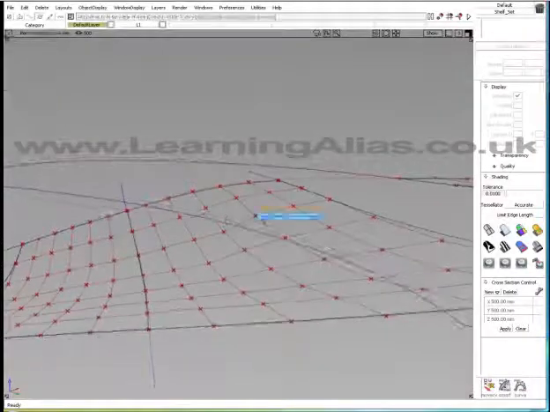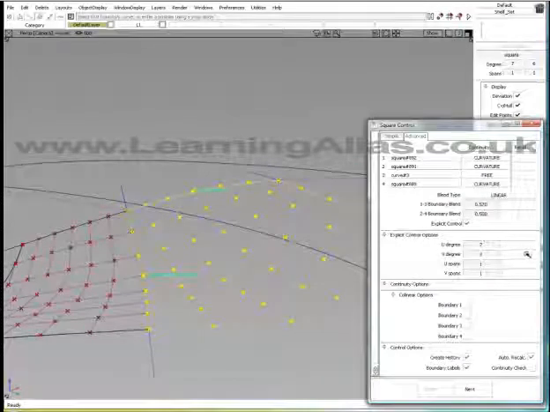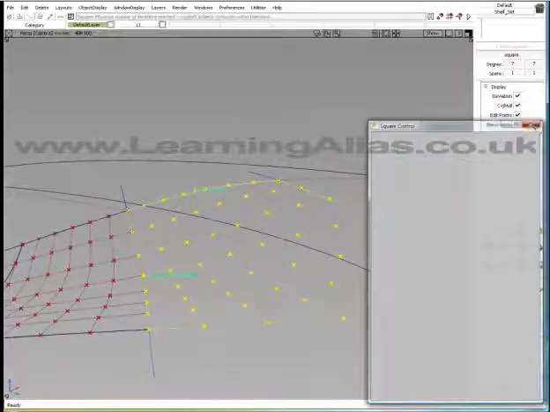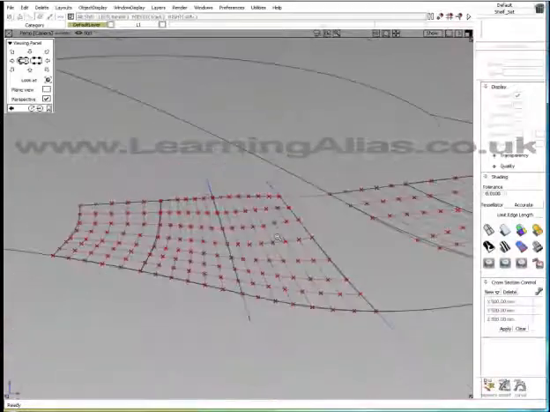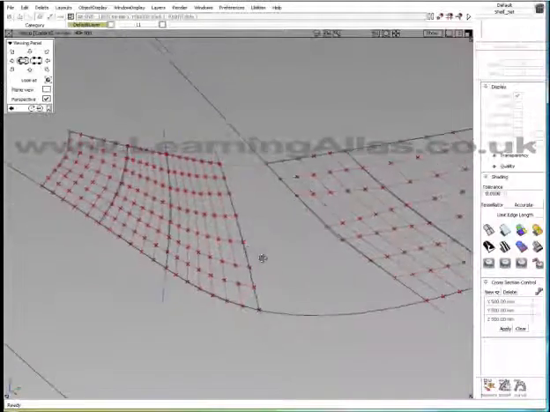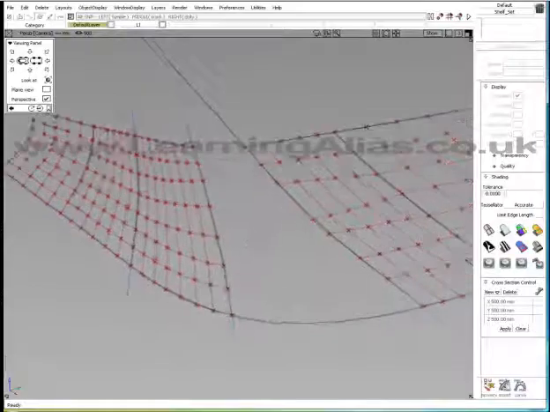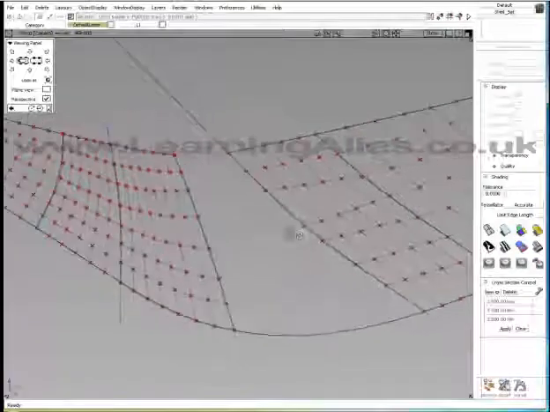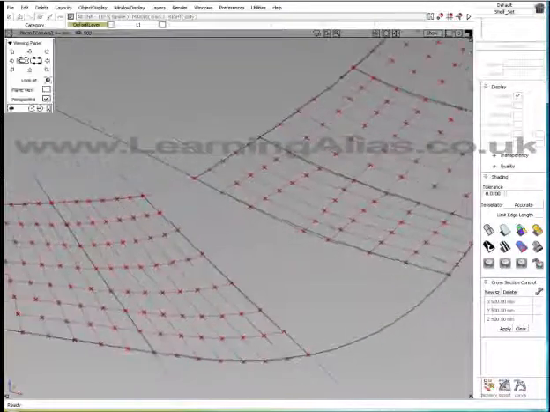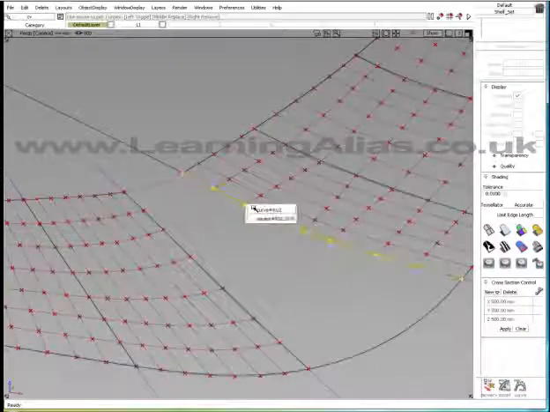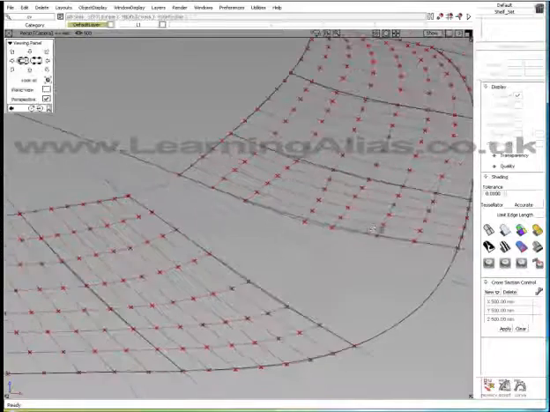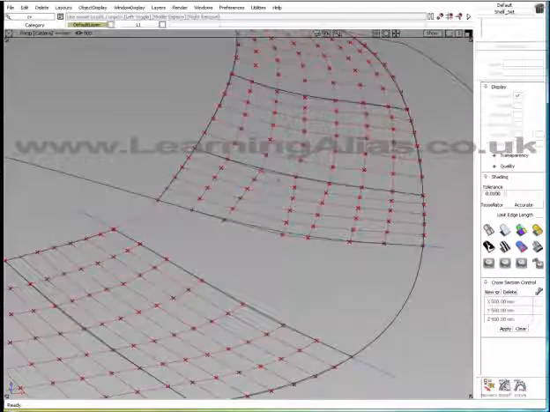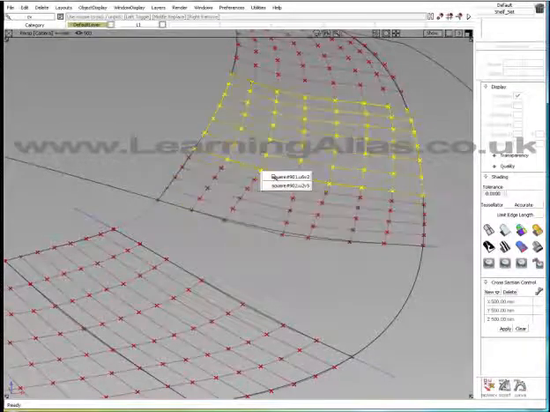I'm going to degree up this one more to give it a somewhat more gradual, smooth change. And remember, I'm working to degree 7, so I can do that. So now I'm going to move these two middle CVs because they're really not very good. And the way I do this, because I do have construction history, is I'm going to have to move this one tighter. So what I do is I pick the CV of the slave,